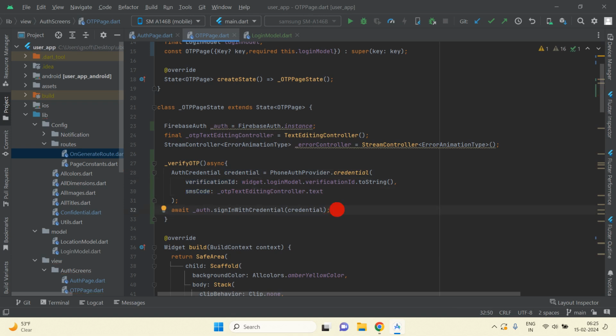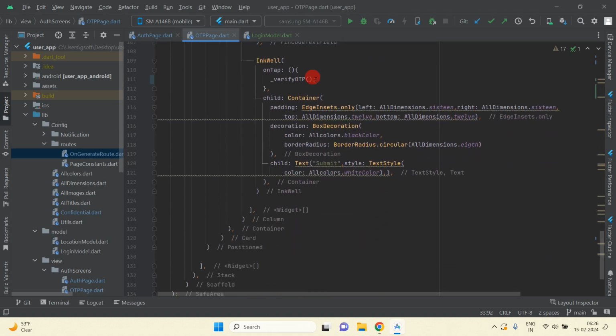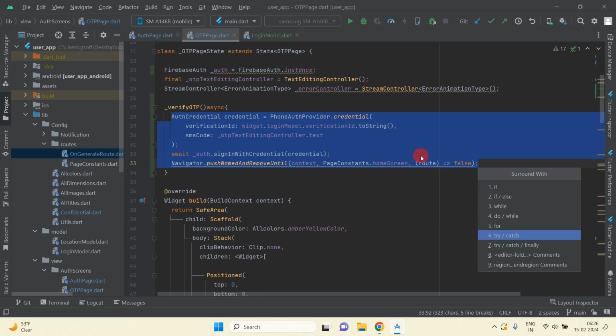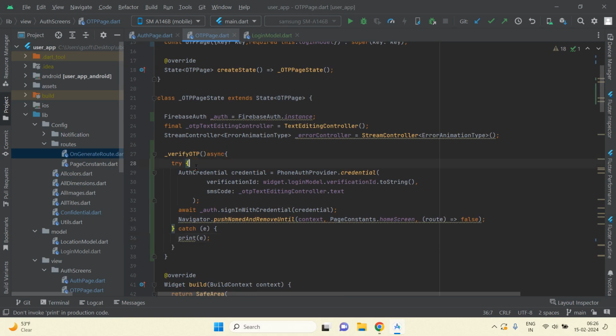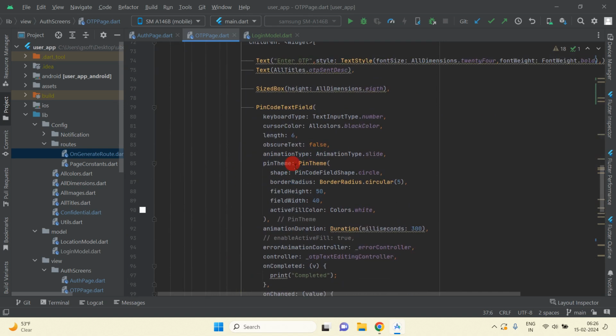Now here we can navigate. So just paste our code which we have copied from here, and now I'm going to wrap it inside a try catch block. So just copy this and then press Ctrl Alt T, then we'll get this pop-up, and then press on this try catch. So you will see try catch is here, and in the phone number,